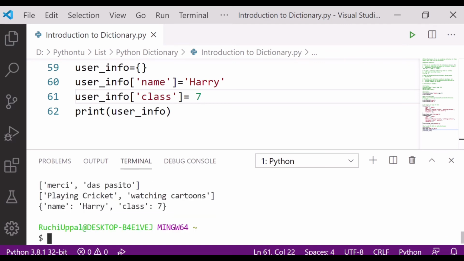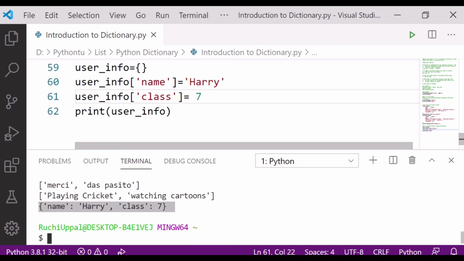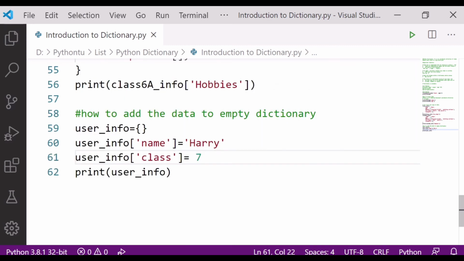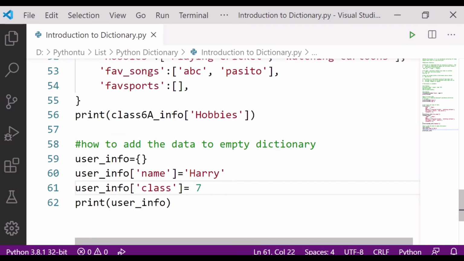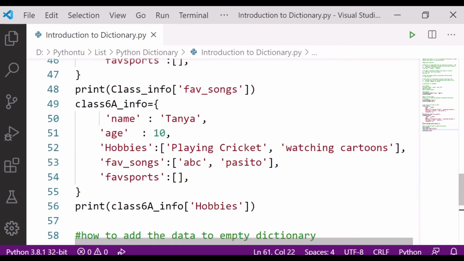Now you can see name has come in the dictionary and the class has also come in that particular dictionary. I hope it is clear to you how to add data to an empty dictionary. So this is just for the introduction.